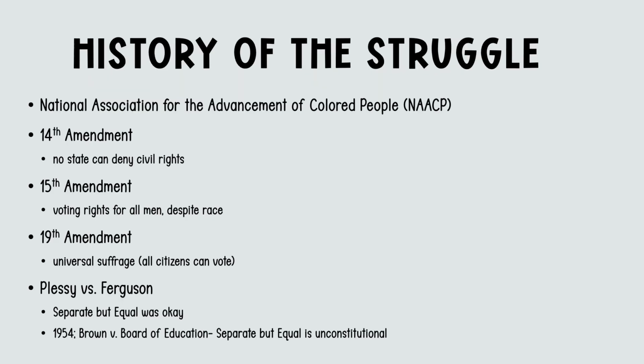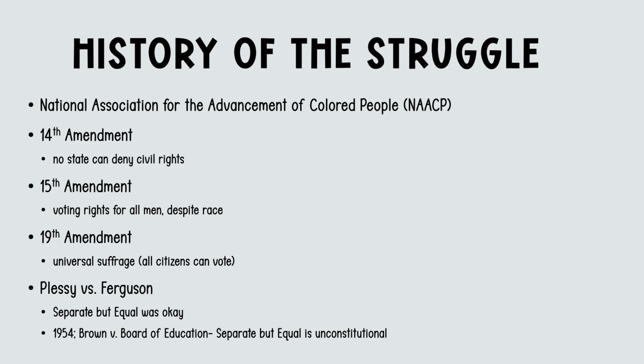In the history of the United States, the fight for civil rights began long before the well-known Civil Rights Movement of the 1960s. One of the key players in this struggle was the National Association for the Advancement of Colored People, otherwise known as the NAACP, founded all the way back in 1909. The NAACP worked tirelessly to combat racial discrimination and segregation in various aspects of society.